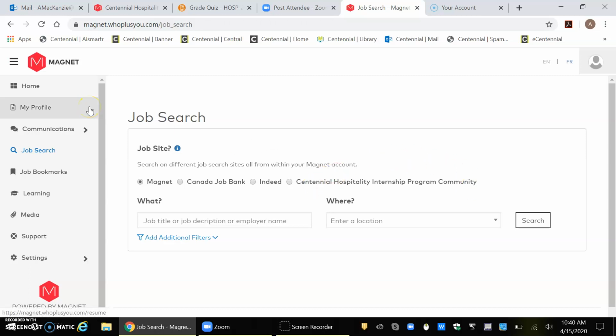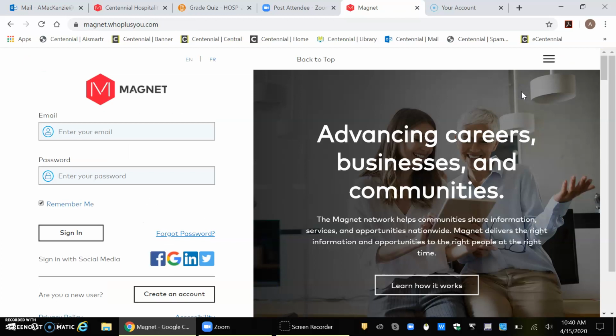Okay. Now, if your affiliations are set up properly and you still don't see this, then one thing that you should be doing is logging out and making sure that you're going to the correct page. As a reminder, if you're seeing this big red M, you're not really in the right spot. So the first thing you need to do is log out, go back into your address bar, and make sure that you are typing in